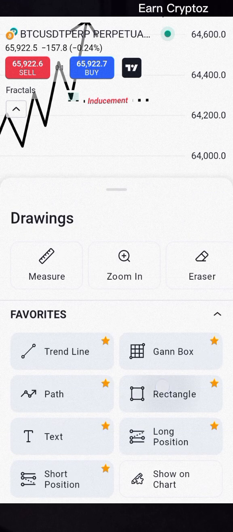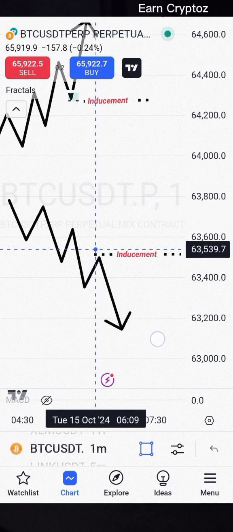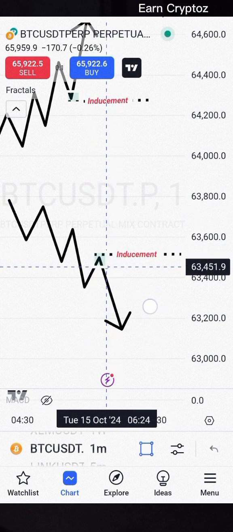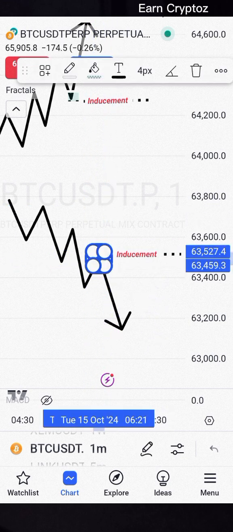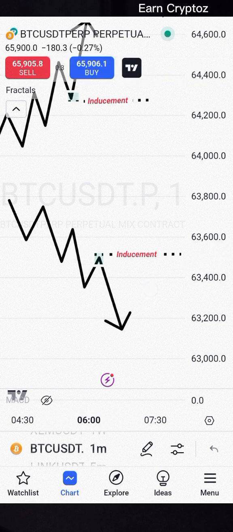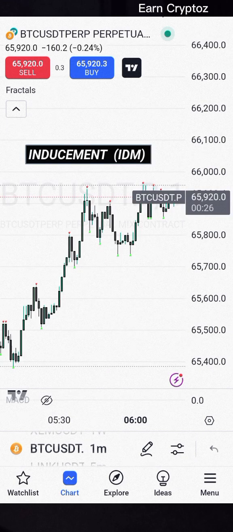So you can watch this video again. So we're going to look at the real chart so that we can see exactly how we identify inducement. So you can see right there the last valid pullback. Yes, this is a real chart. Okay, so the first thing we do is to mark the impulsive move on the real chart. And how do we do that? We mark